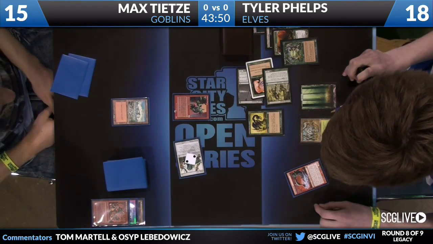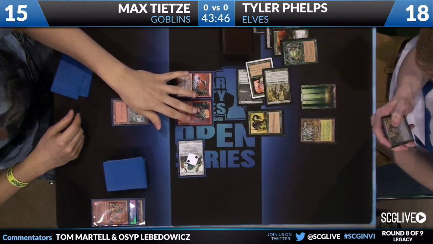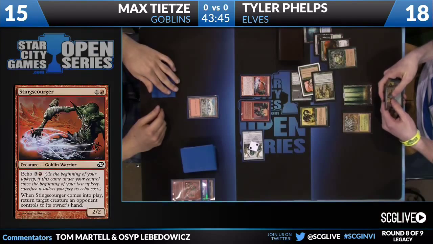Tyler giving that a quick read. We can do the same. We'll pull it up here on screen. With Sting Scourger, when it comes into play, it returns target creature to its owner's hand, and then it has